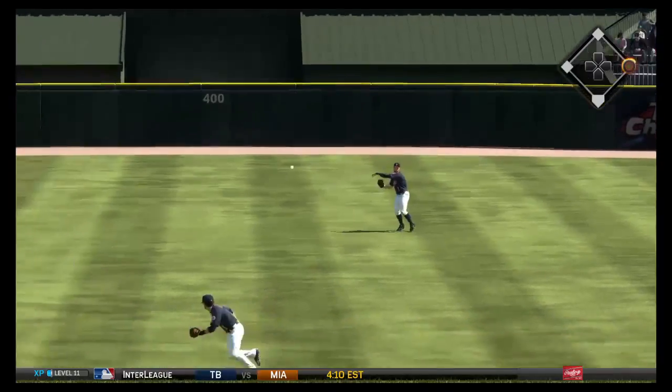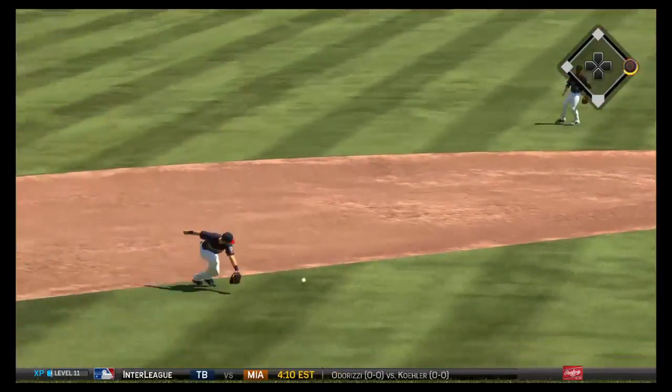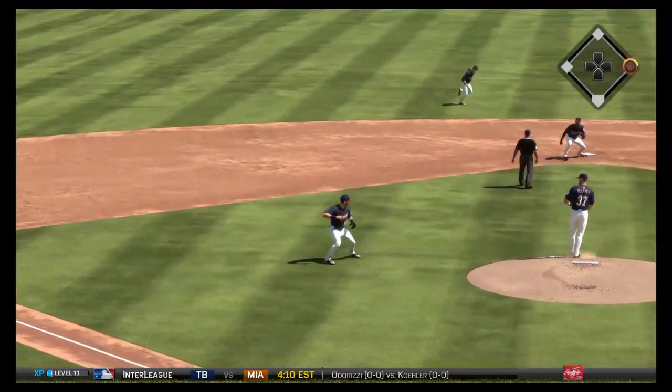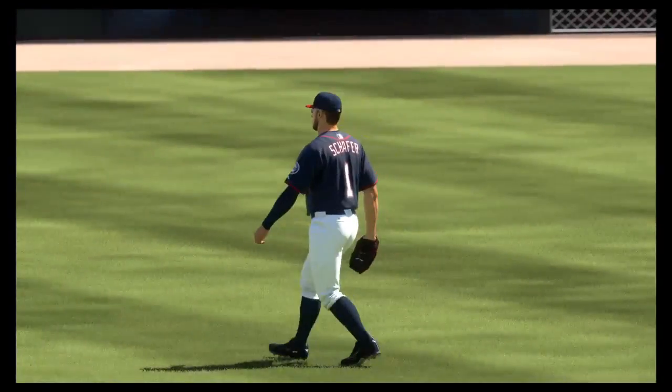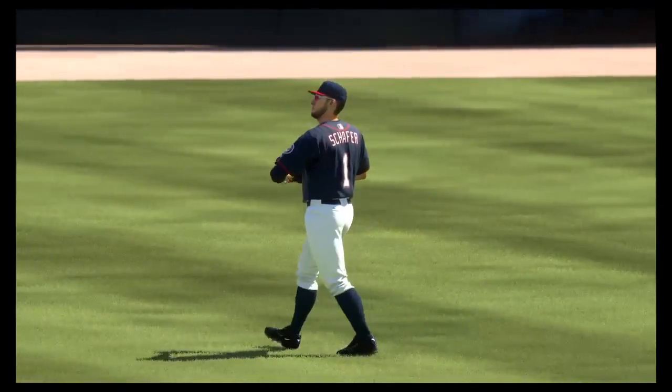Schaefer is there, 2 gone. And the throw in gets away from him. Up next for the White Sox, third